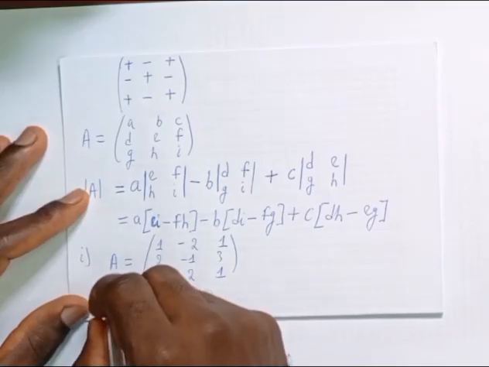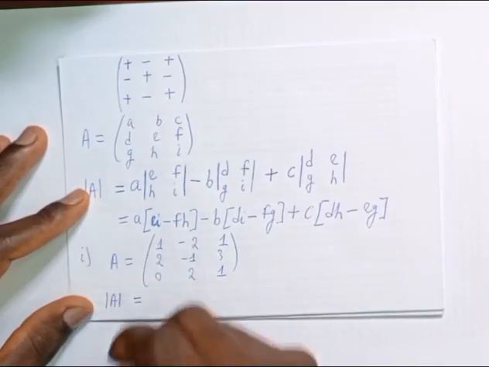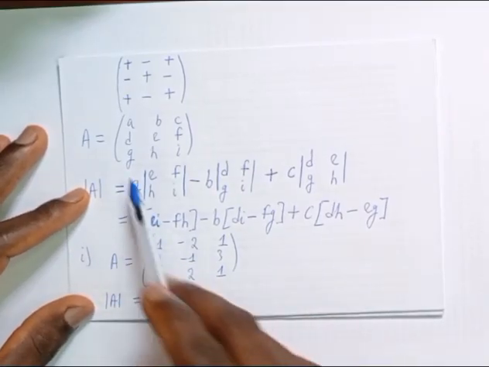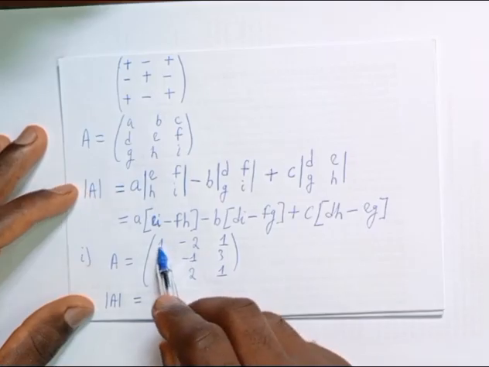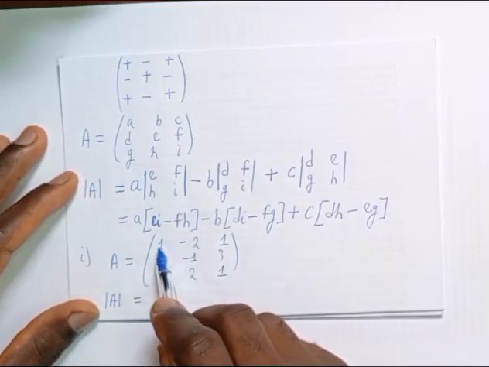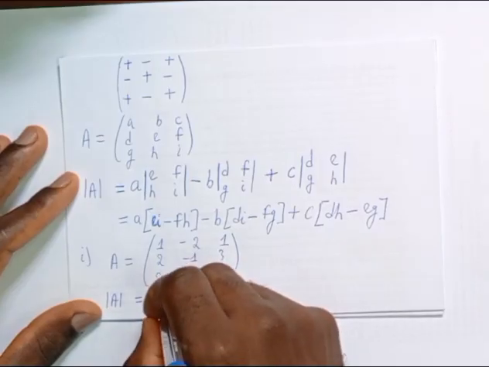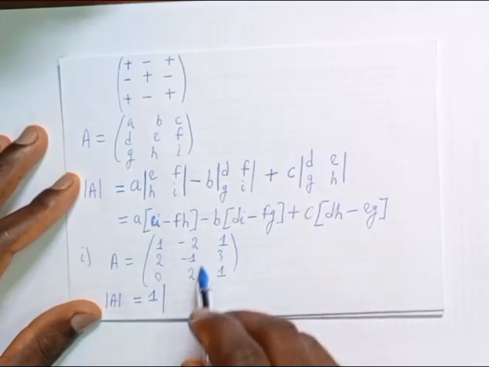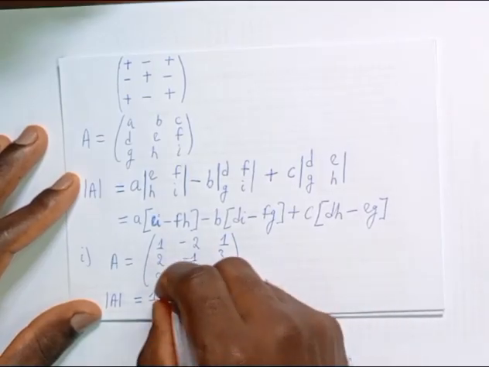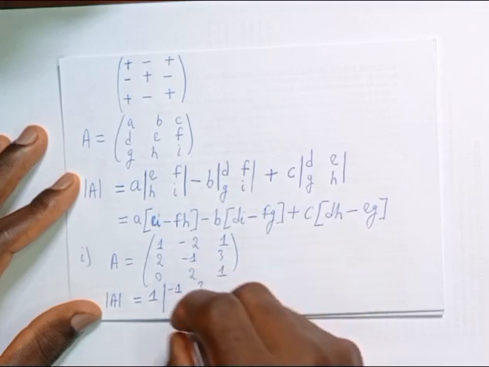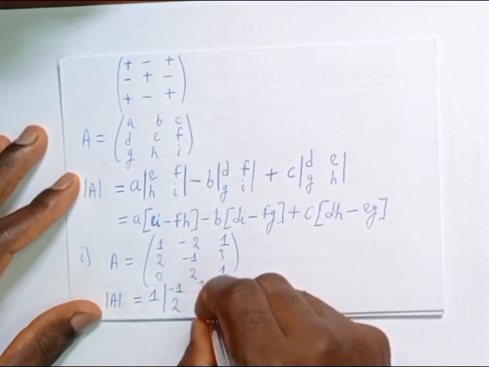The determinant of the matrix A is simply equal to, by making use of this our formula, we need the cofactor of the entry 1. This will give us 1 times the determinant of this 2 by 2 matrix, which is from -1, 3, 2, 1,